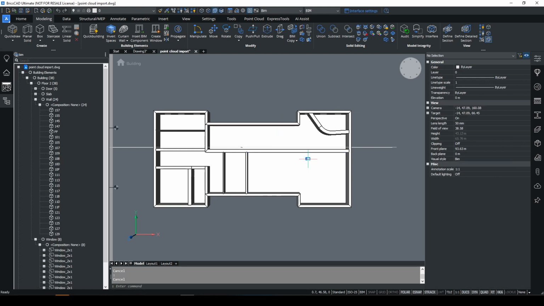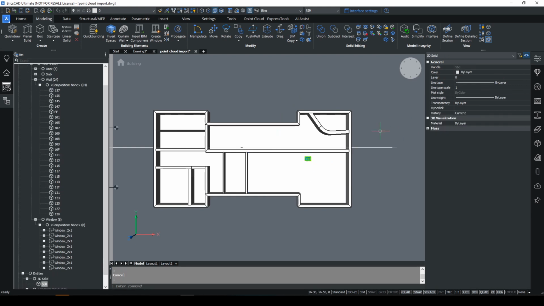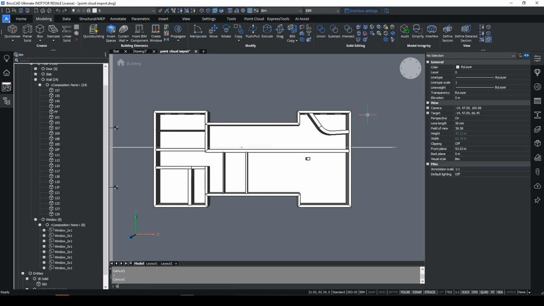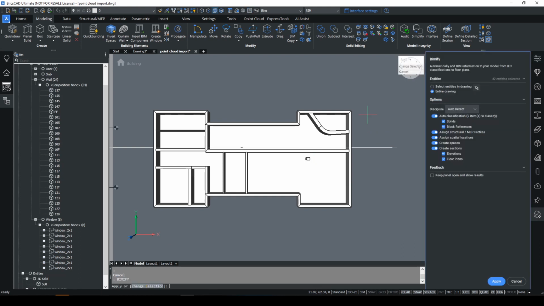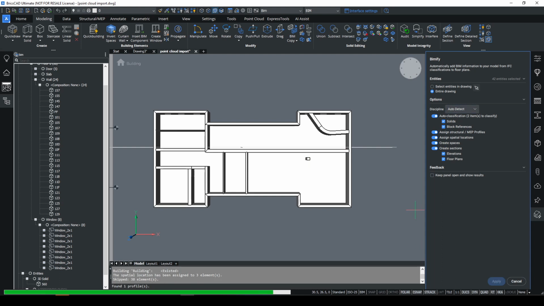But this column, for example, is just a solid object. So if I run the BIMify command, so I'll type in BIMify, and I get a bunch of options here on the right hand side. So I definitely want to create spaces. I definitely want to create section views, and I also want to auto detect and classify objects. So when I press apply, it will go and run through the drawing,